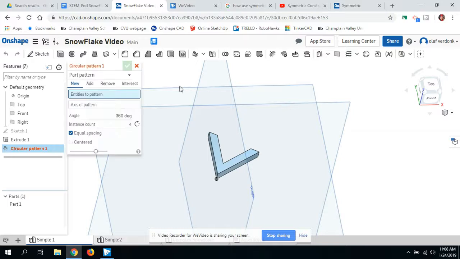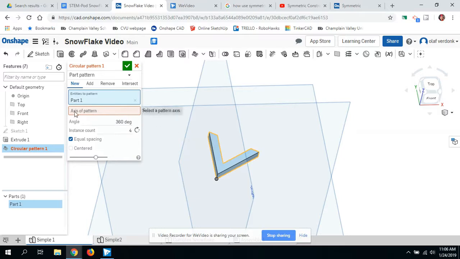So if I choose circular pattern tool, it's going to ask, what entities do you want to pattern? Obviously, we want to pattern that. And then it's asking for an axis. An axis has to be a line. An edge can also be a line. So I'm going to select this. I have to click in this box to make it light blue. And then notice what happens. If I were to click this edge,